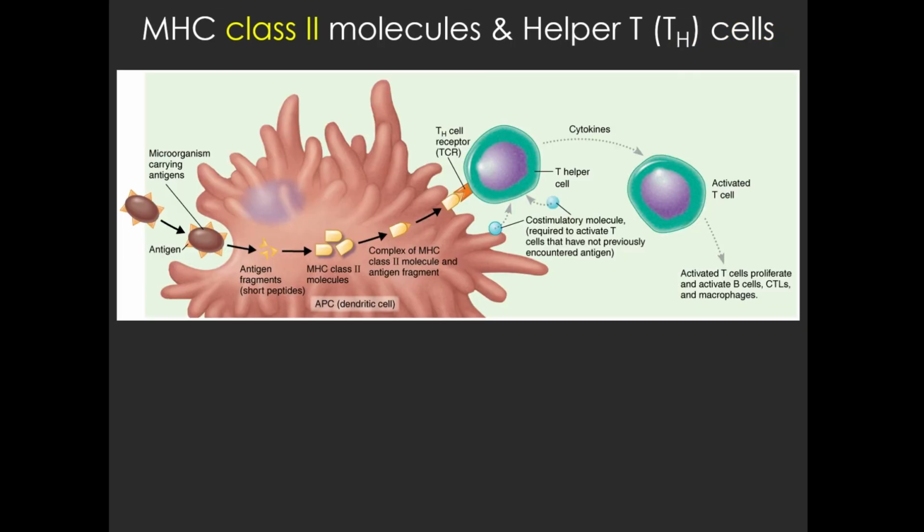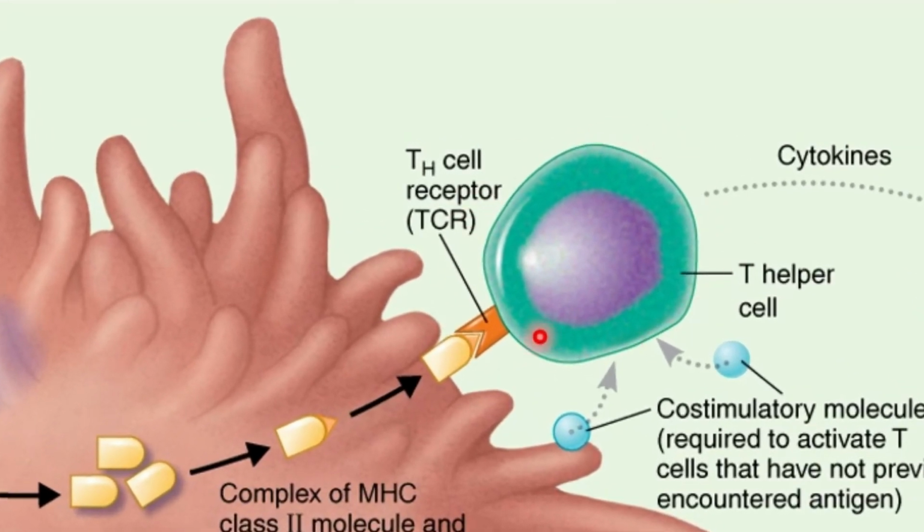All right, so what about our second T cell, our helper T cell, which is interacting with antigen presenting cells, which carry these class II molecules. So you'll remember B cells, dendritic cells, and macrophages have the ability to produce these class II molecules in addition to the class I molecules that they would produce. So it happens when they engulf antigen, right? And then those fragments get complexed into an MHC class II molecule,